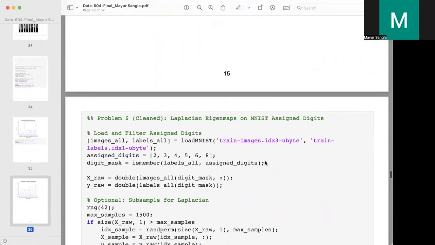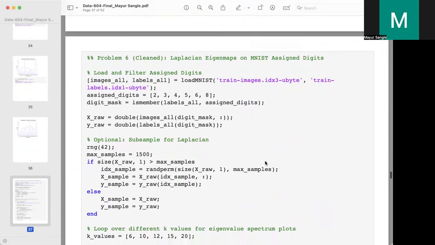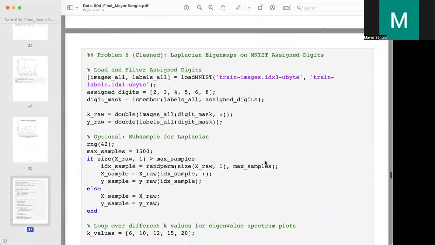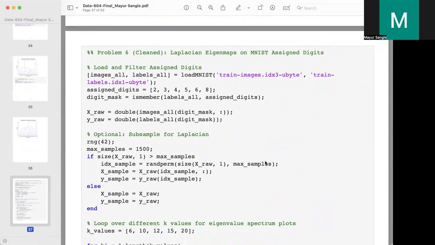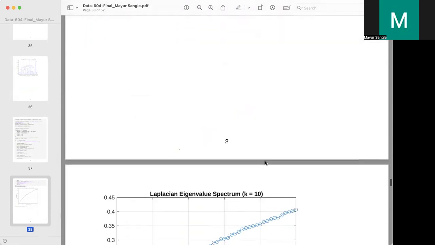In part 3, I used Laplacian eigenmaps to reduce the dimensionality of the full MNIST dataset. I first tested the number of components and how it affected the spread of the data, and based on the results, I chose 12 components for the final data. Then I applied SVM to classify digits 3 and 8, where the RBF kernel slightly outperformed the linear one,